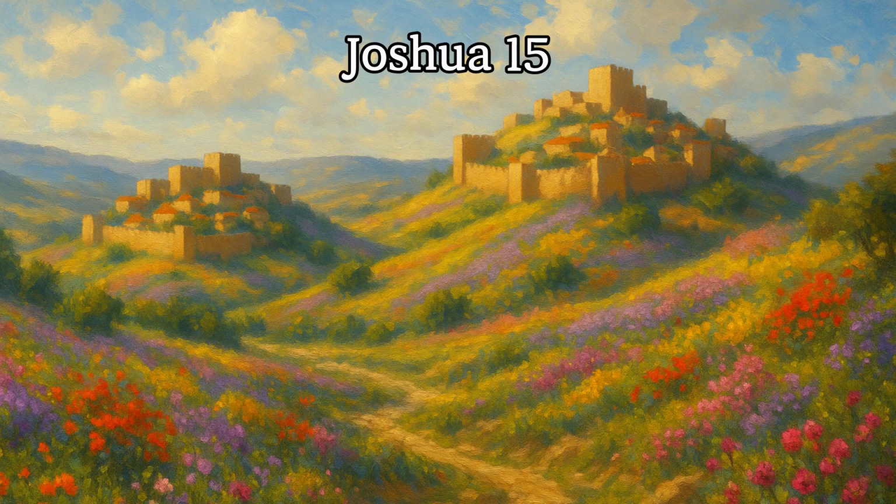It really gives you a feel for the effort involved in marking this out. And the last piece must be the western boundary then. Correct. That one's easy again. It's simply the coastline of the Great Sea. So you've got this huge territory boxed in: Dead Sea and Jordan east, desert and the Wadi south, Mediterranean west,